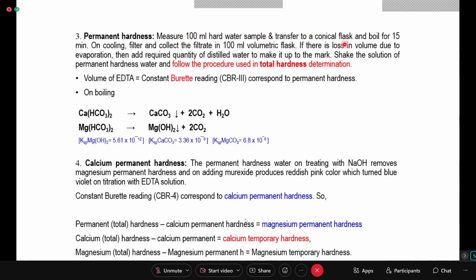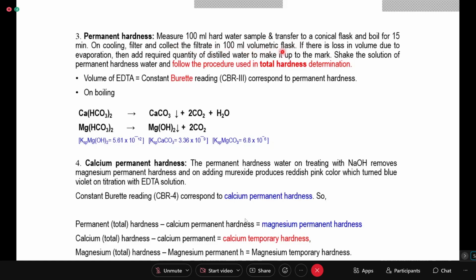Generally, this is measured with a volumetric flask only. Then you wash the volumetric flask nicely and keep it to collect the filtrate. So after measuring and transferring to the conical flask, the volumetric flask is kept aside. The conical flask, which contains 100 ml of synthetic hard water, is allowed to boil for 15-20 minutes, and then after cooling it is filtered, and the filtrate is collected in the volumetric flask again, 100